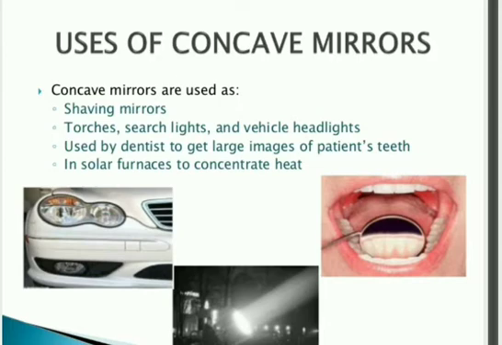If you see the nature of concave mirror, then it is converging in nature. How? It converges the rays at one point. And same way we can converge the solar rays also at one point, and in solar furnace we require a high amount of heat which is gained by our solar furnace. And in solar cooker also we can use concave mirror to maximize the heating effect of sun rays with the help of concave mirror. So I think the uses of concave mirror are clear to you.